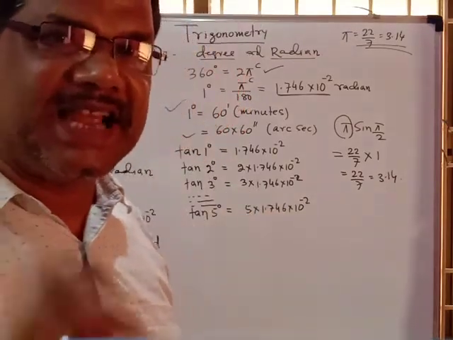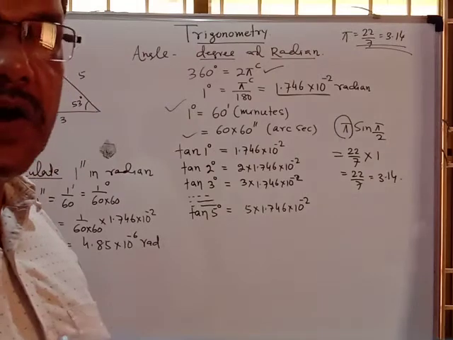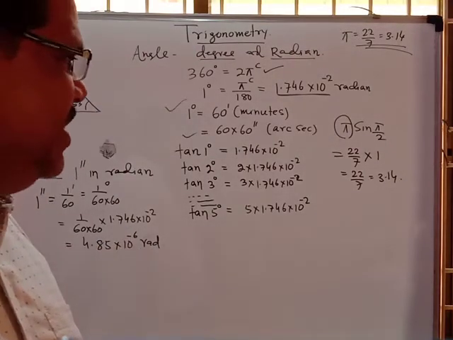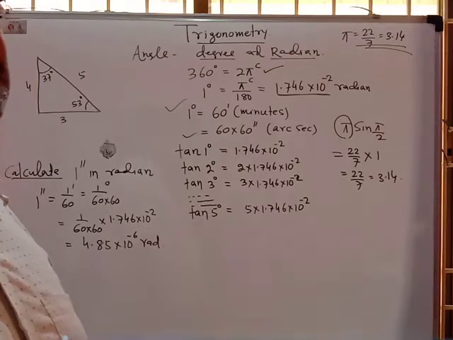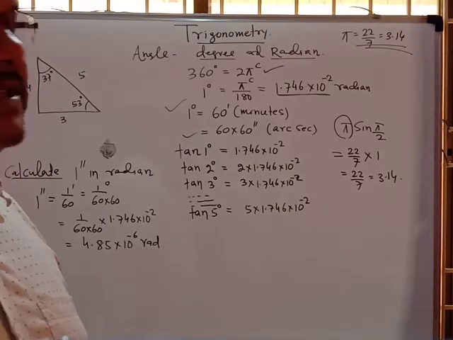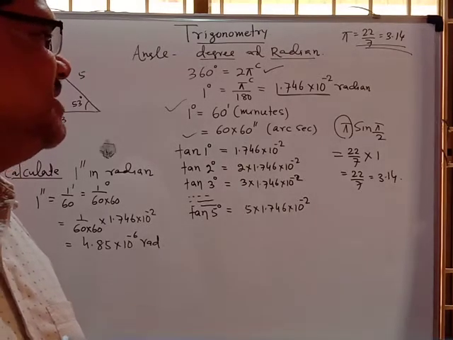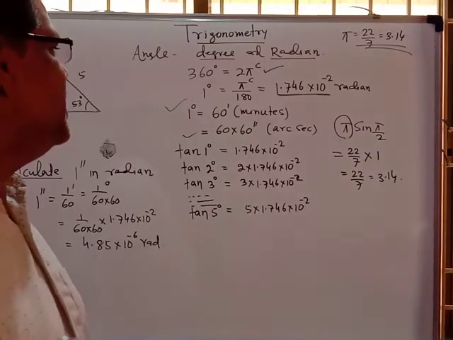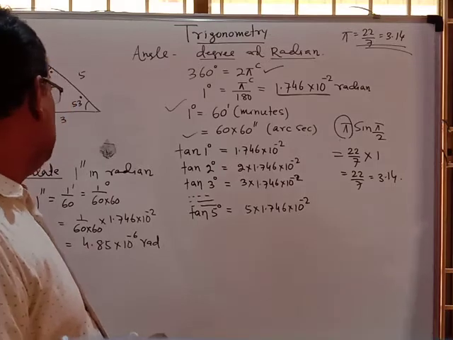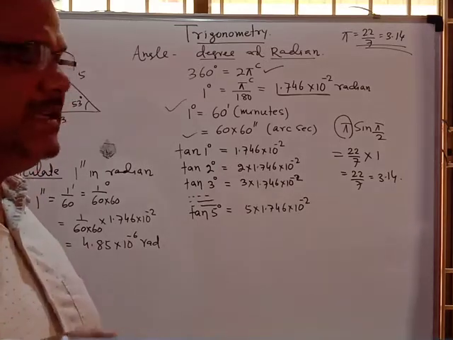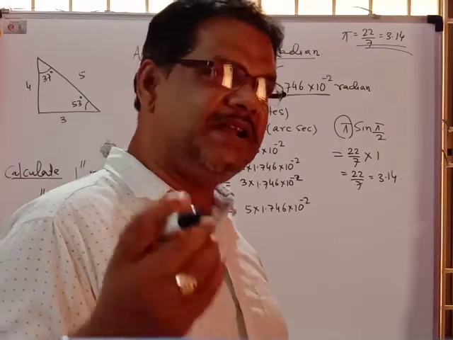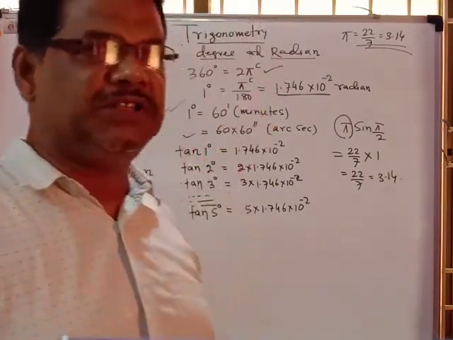Whenever the pi is inside the ratios, sine, cos, tan, you simply convert it into degrees and find its value. And whenever this pi comes out of the trigonometric ratios, we can put its value directly as 22 by 7, that is 3.14. In this manner, you must know tan 30 degree, tan 40 degree, tan 60 degree, all of this.